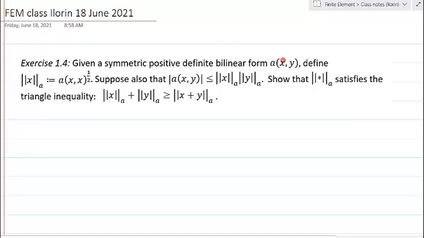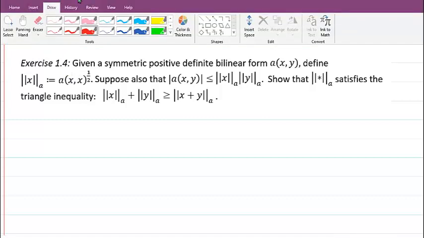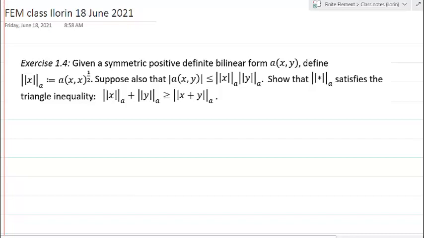A takes two arguments, which are two vectors, x and y, and I want to create a function of x only. The way I create a function of x only is I put x in for both arguments. So I could actually give an example of this. Now this is only one example. So for an example,